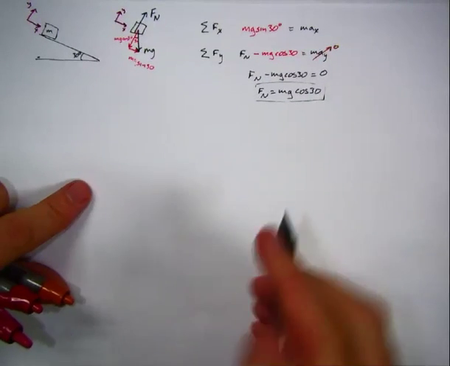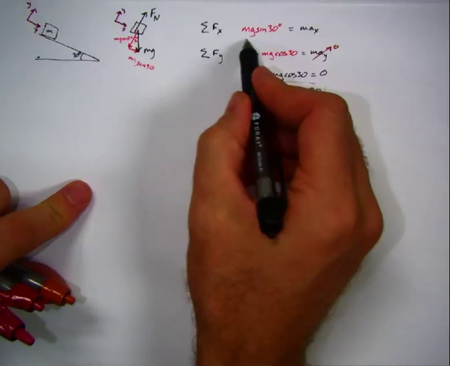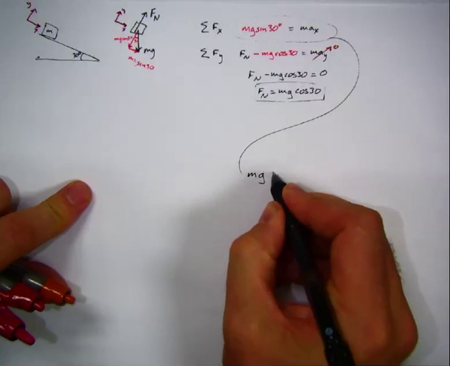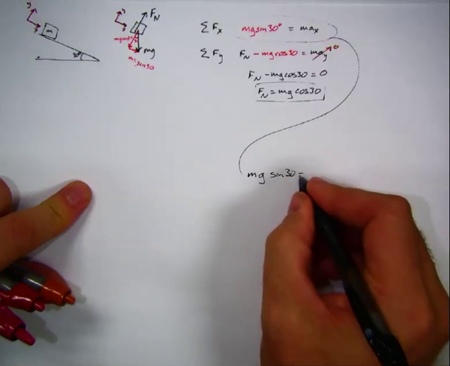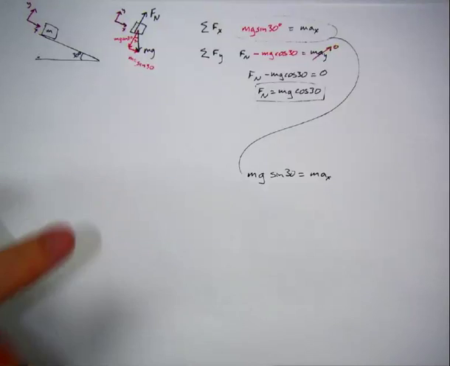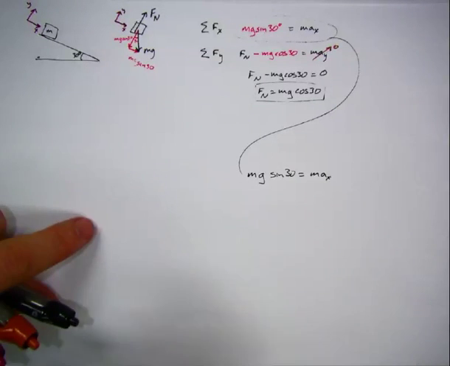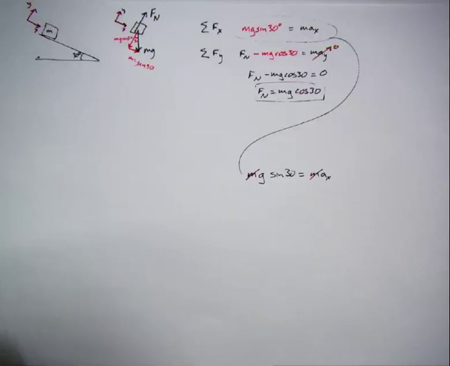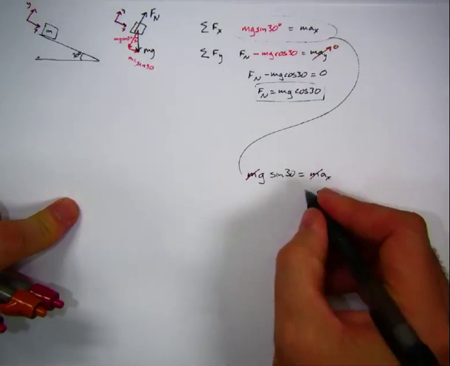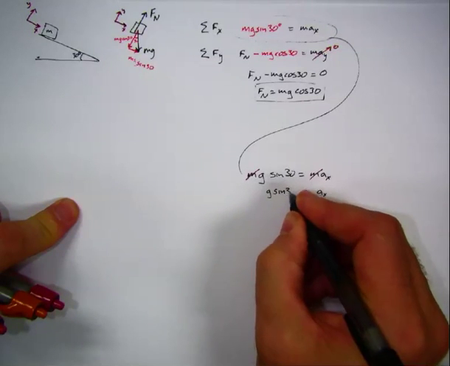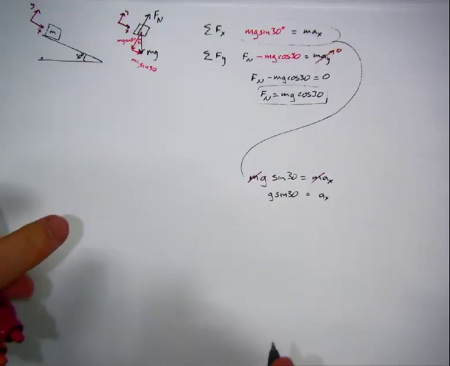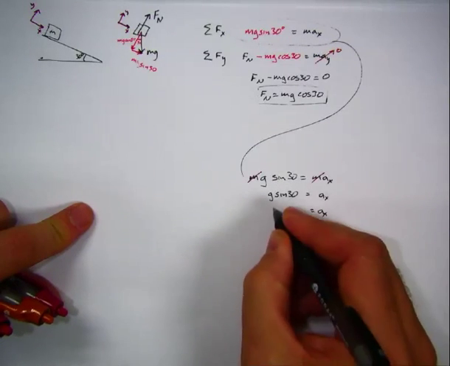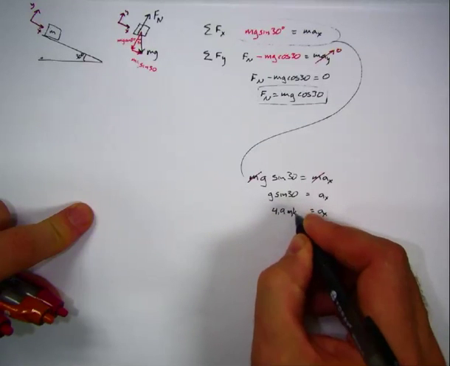All right? What about this x equation? I can take this equation right here and put it down here. mg sine 30 degrees is equal to mass times acceleration in the x direction. In this case, we'll notice that there's a mass in each term, so this mass and this mass can disappear, and we end up with acceleration in the x direction equal to g sine 30, or since g is 9.8 times sine 30, acceleration in x is equal to 4.9 meters per second squared,